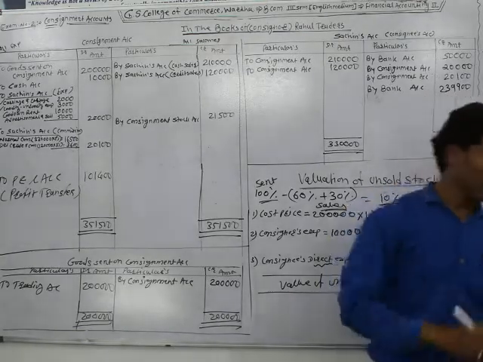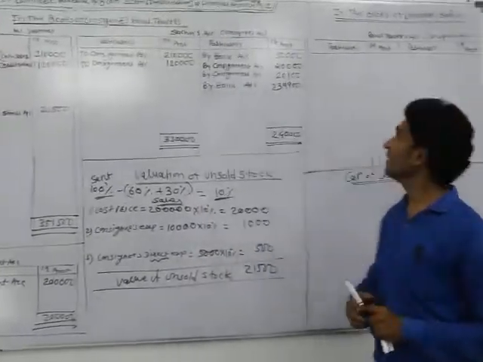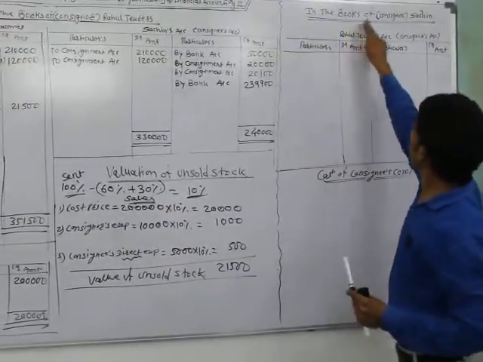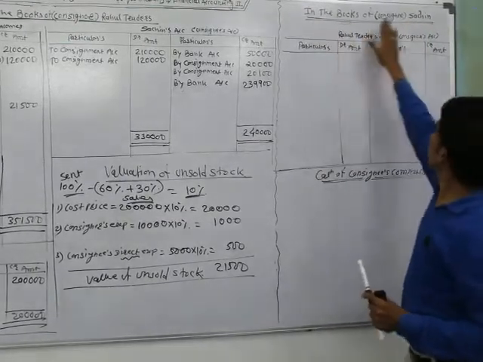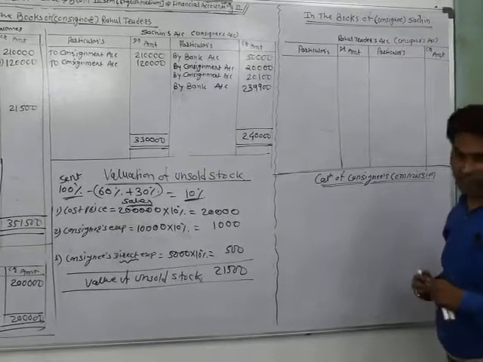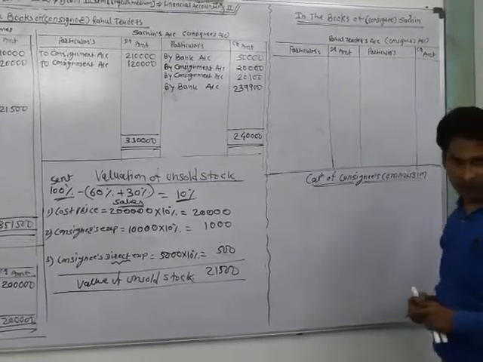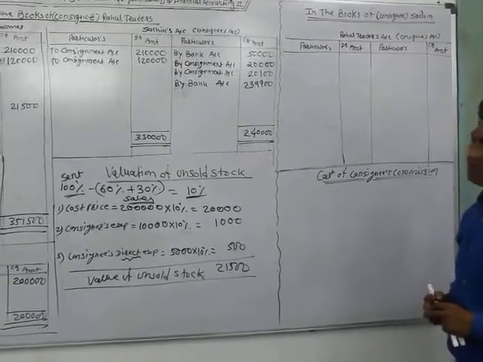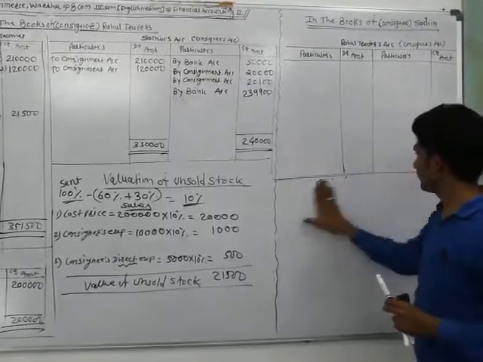Okay, this is the financial record in the books of the consignor. Now today I will see the financial record in the books of the consignee. This is the financial record of consignment in the books of Rahul Traders: consignment account, goods sent on consignment account, Sachin's account, valuation of unsold stock. Now see how Sachin keeps the financial record of these transactions.